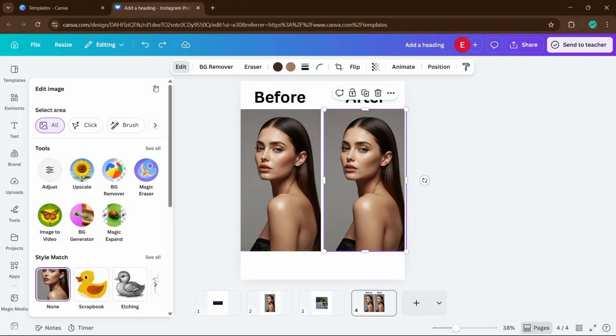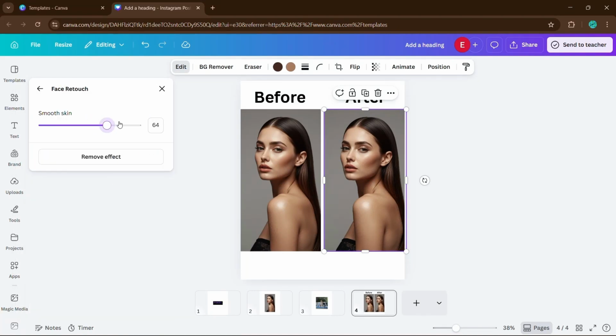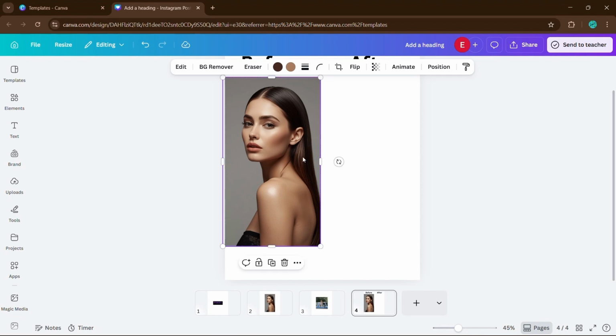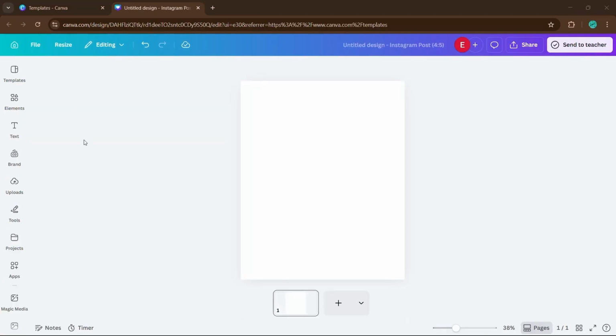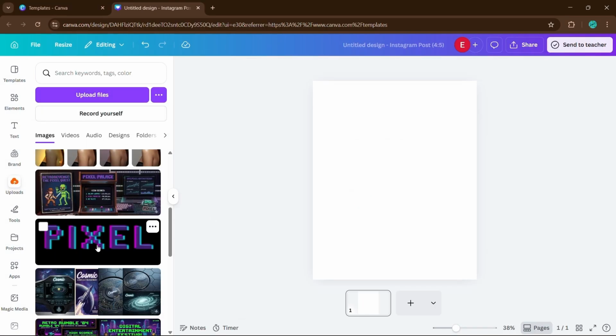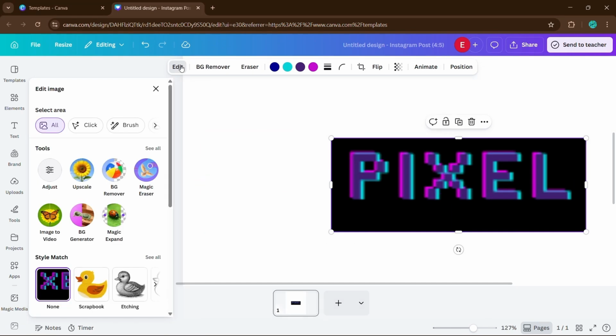And finally, my personal favorite, Magic Retouch. This feature enhances the complexion of your face regardless of the angle, lighting, or background. With just one click, your image instantly looks more polished. You now know where to find Canva's updated AI tools and how some of the new enhancing tools work inside